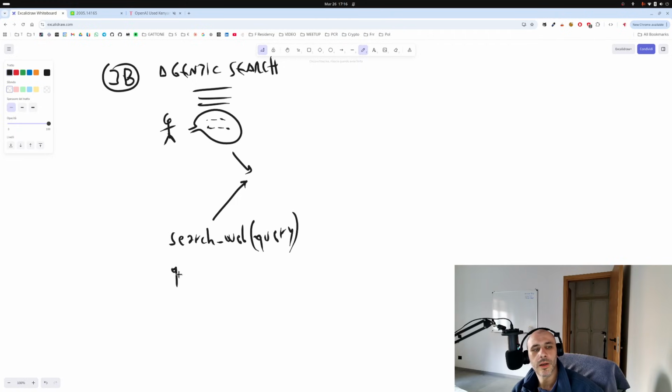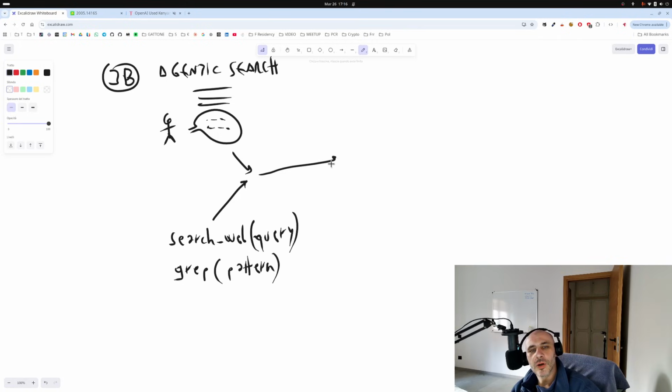or, I don't know, grep with a pattern to run on the file system. So a set of functions to search stuff either on the web, or in a file system, or in an Elasticsearch database or whatever.